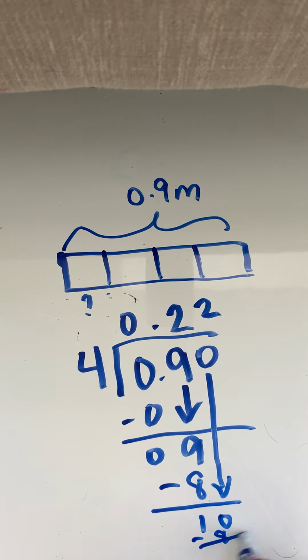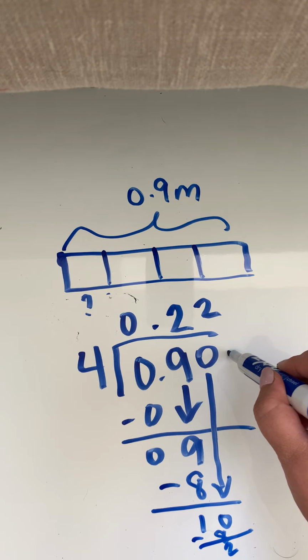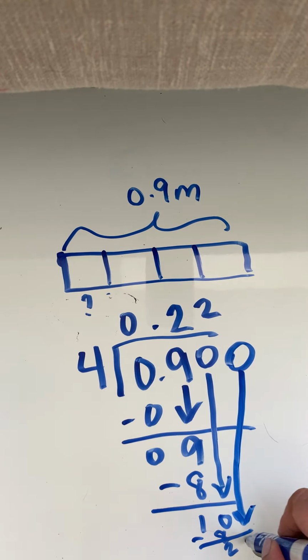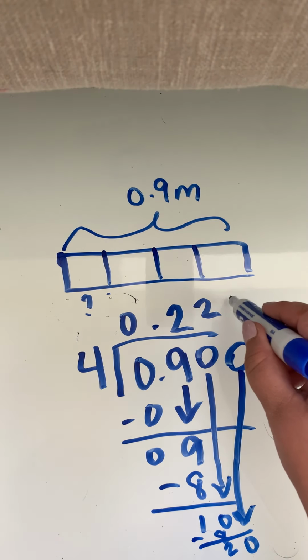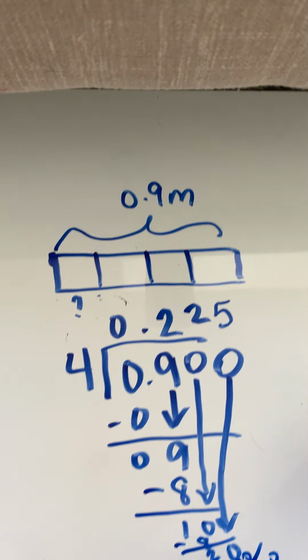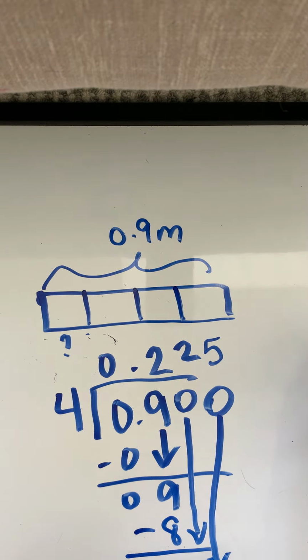Subtract my 8. It's going to give me a 2. 10 minus 8 is 2. Then what do I put up here again? Another 0, because I can't leave a remainder. All right, there we go. 4 is a factor of 20. So 4, and what other multiple of 20 do we have? 4 times what gives me 20? 5, excellent. And I don't have enough room, but I'm going to get it all the way to 0 down there, okay? All right, so my answer would be